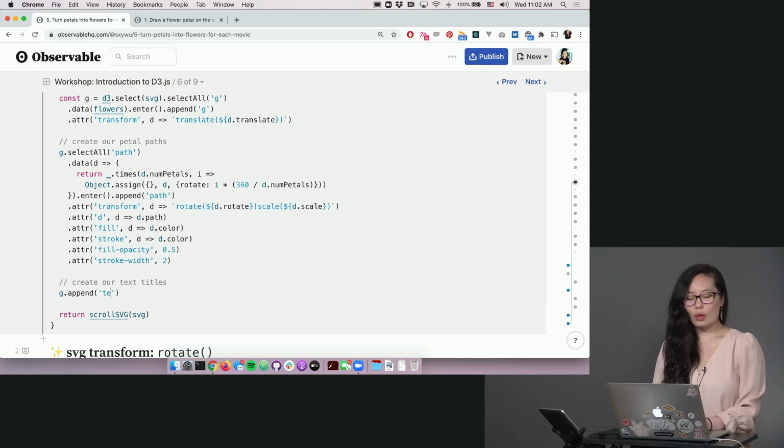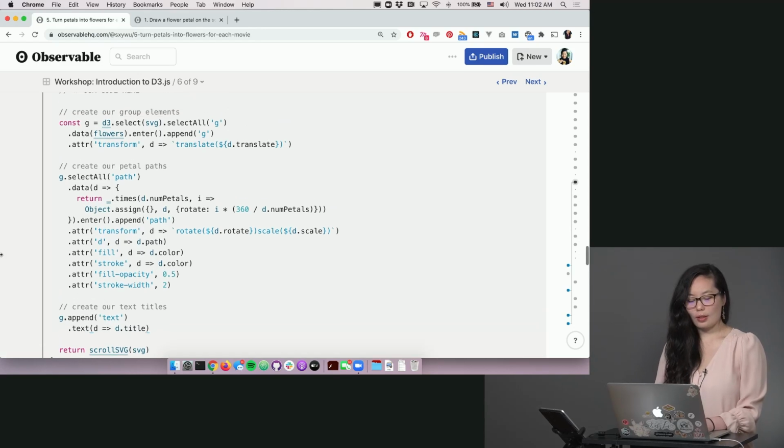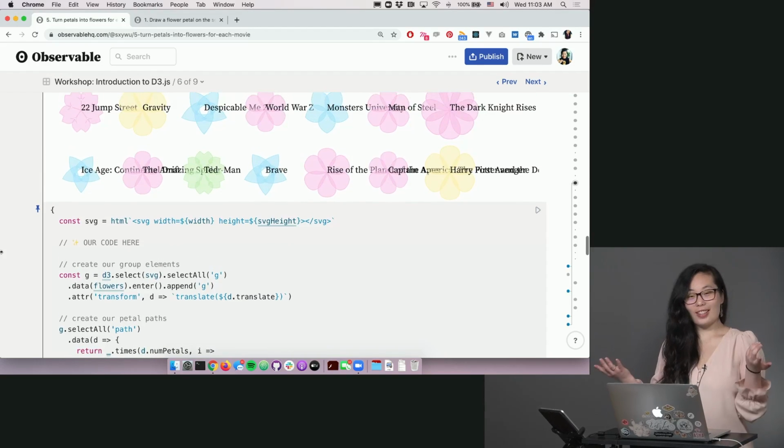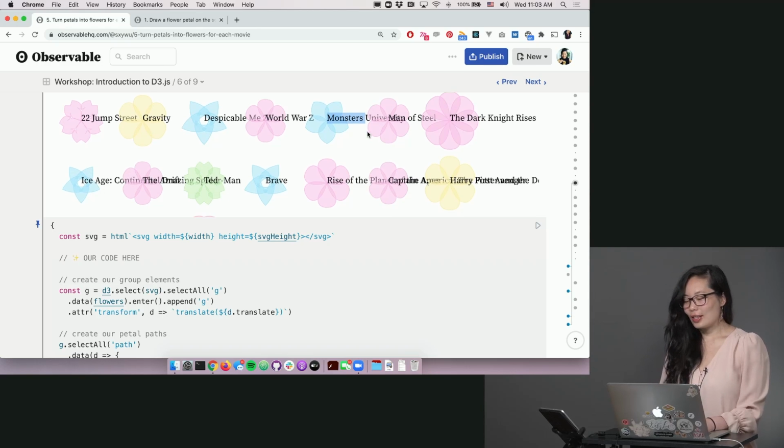Append. We're going to append the text element, and we're going to put in our title as the text. And so these 2 lines, and we should have, yes, awesome. Okay, so now we have all of our titles rendering, and